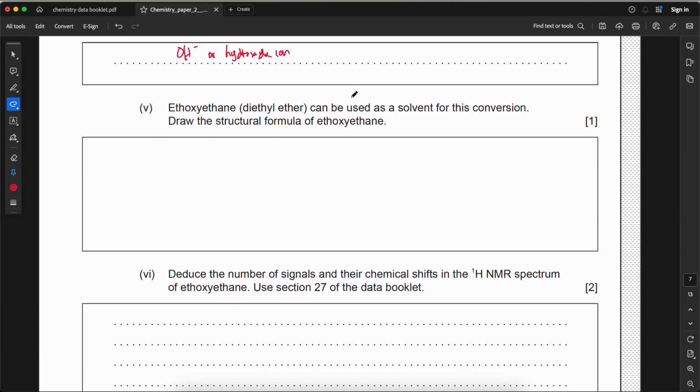Ethoxyethane, diethyl ether, can be used as a solvent for this conversion. Draw the structural formula of ethoxyethane. So ethoxyethane would be CH3CH2OCH2CH3. So ethoxy has 2C and ethane has 2C as well. So the structure would be